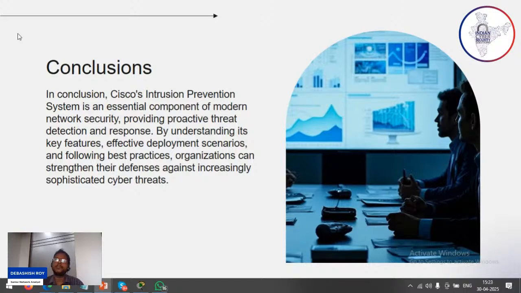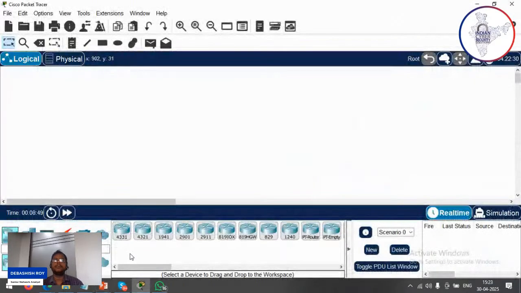You have to purchase it, and you have to have a hardware firewall type. It is not like you are purchasing a software firewall. It is not going to work. But we can understand the features of the IPS or any firewall in Cisco Packet Tracer in place of